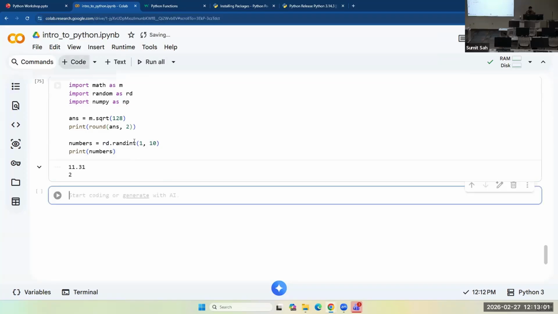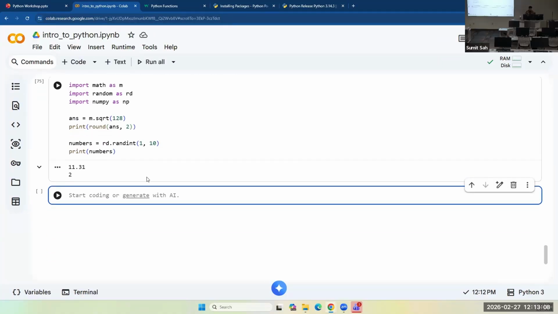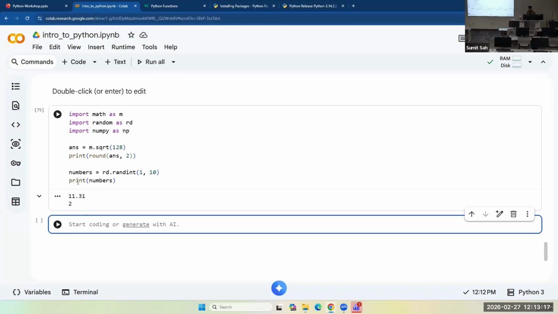So now let's talk about the libraries that we need for data analysis. What libraries do we need? We need pandas.